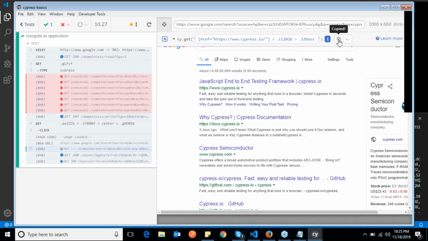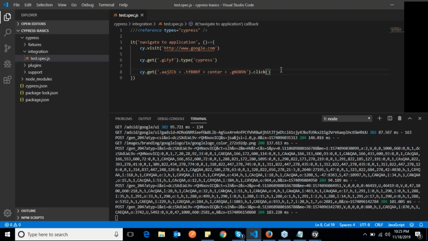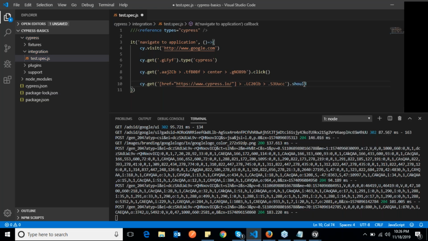Okay, and then let me paste it here. So this will query the results, meaning Cypress will look for this element, and then how can I validate or assert something? So there is a should. Okay, so should, what it will do,